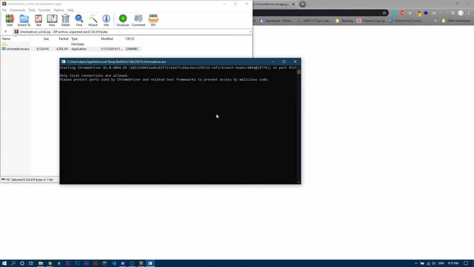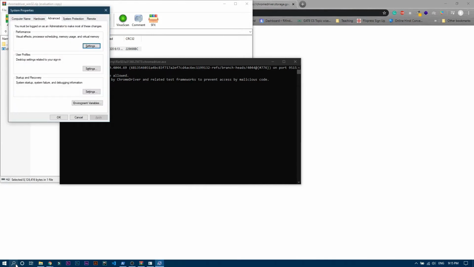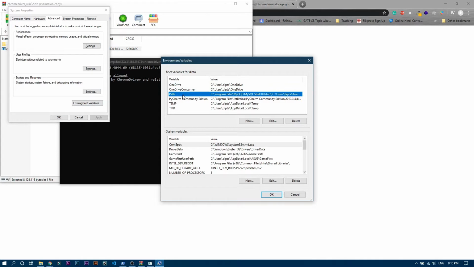Okay, so whenever you are using Chrome driver, you can obviously double click on that executable file, and if you wanna run that from command prompt, you just need to set the path in your environment variables. Okay, you just need to search for environment, and yeah, now over here just go into this environment variables and then select this path, and now change this path with whatever path you downloaded this file. Okay, that's it, and then you can obviously access this with your CMD.